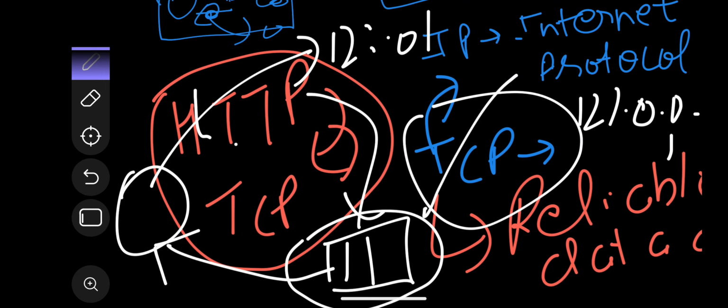So yes, this was it for network protocols. I won't dive very deep into how TCP works internally, because that is not required for system design and software engineering. It is part of network engineering if you are specifically going into that domain. And yes, that was it.